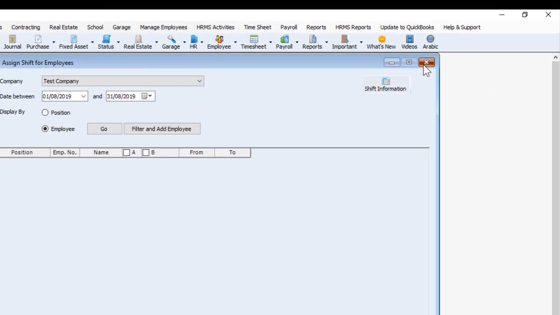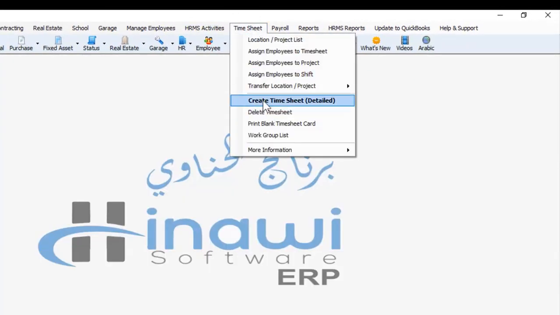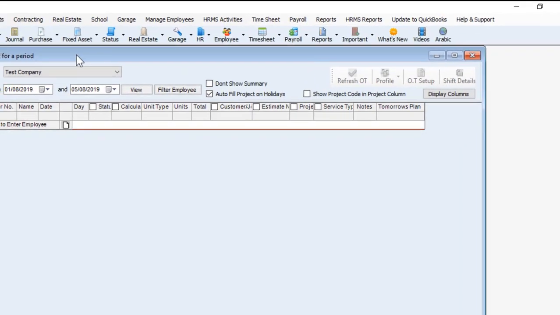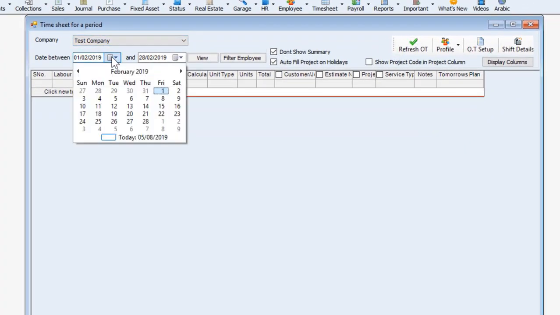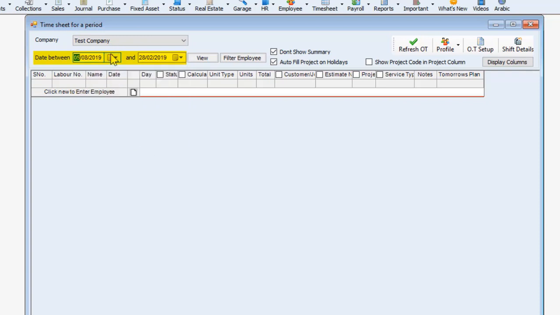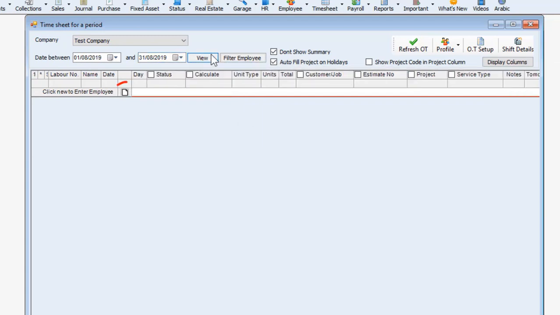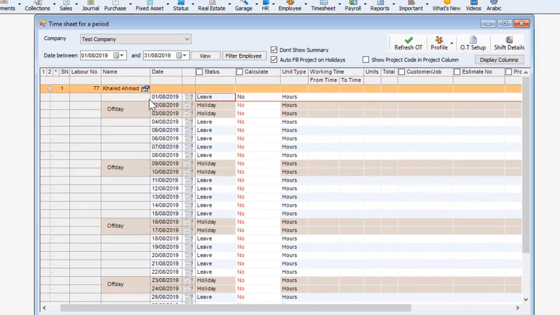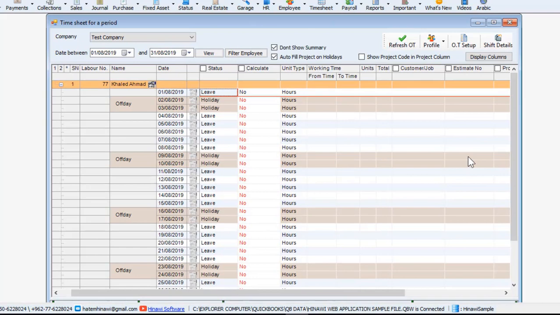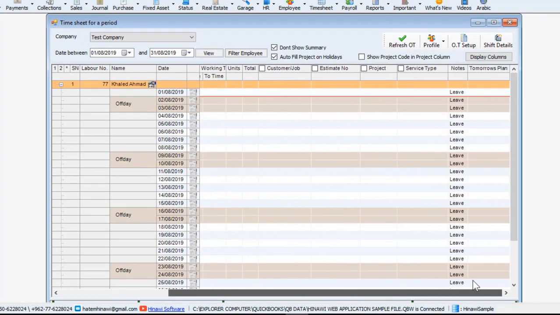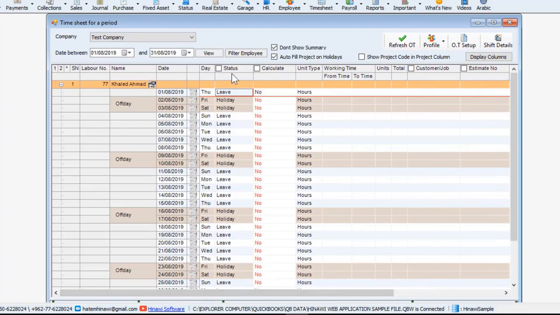Now, after this step is done, you go to timesheet and then go to create timesheet. And then again, here we select the same date which we have just seen till the 31st of August 2019 and click on view. Then you go here, you insert an employee and click on this employee and enter. Now, as we can see here, this employee's data is displayed in front of us, where we can choose the